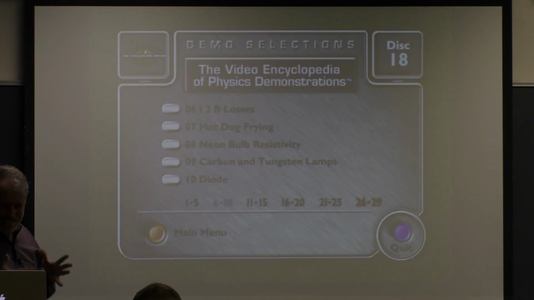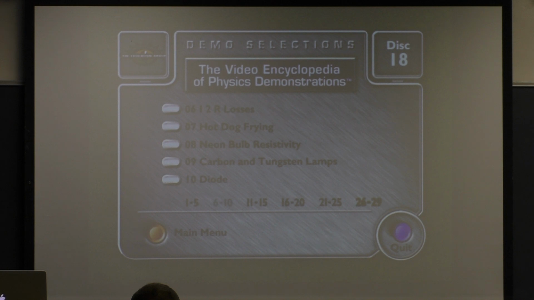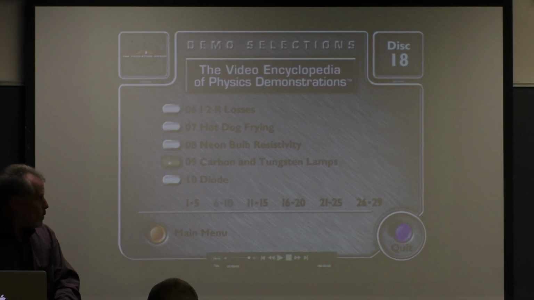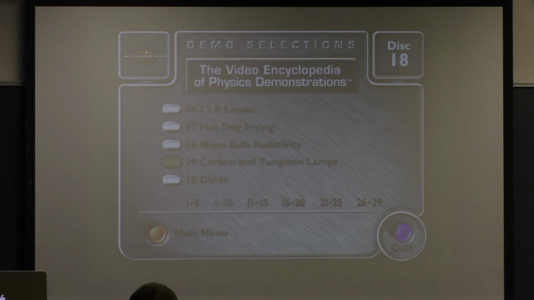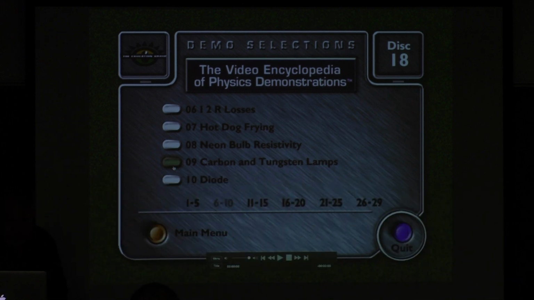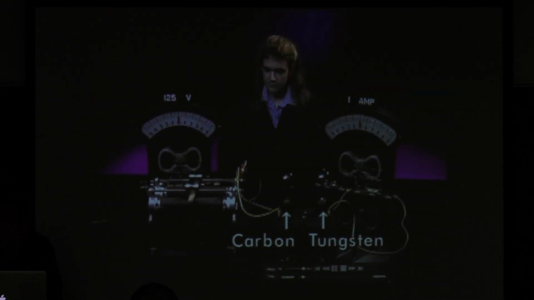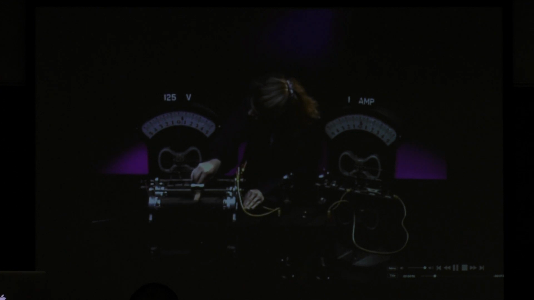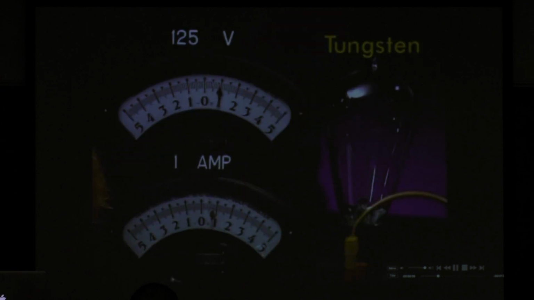Okay, so let's go now to these demos. The first one is the comparison between carbon and tungsten lamps. So where the filament is carbon in one and tungsten in the other, and what this video clip shows is the behavior of the current as a function of voltage. These two light bulbs with filaments of tungsten and carbon will be used to show two different ways in which resistance changes with increasing temperature. We'll apply increasing voltages to each bulb in turn and plot the current that flows versus the voltage as each bulb gets hotter. Here is tungsten at 25 volts,